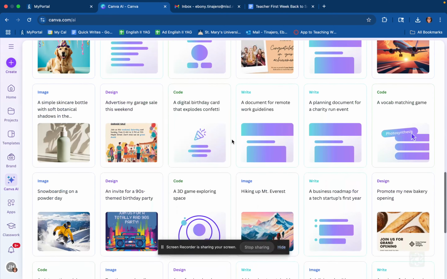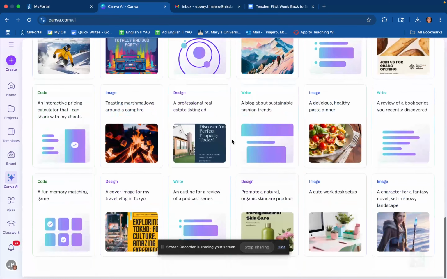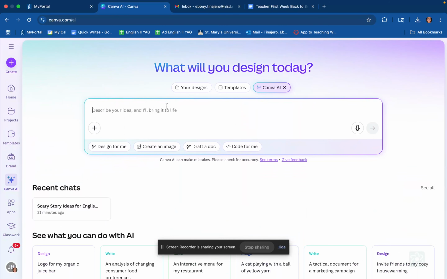And when it first came up, I was a beta user for the AI side of Canva before they released it to everyone. And I will tell you that it has gotten a lot better. It is not perfect, just like ChatGPT, but it is something that I feel comfortable using and allowing my kids to use when we're writing or when we're about to write. So you can literally put in your idea, whatever you have here, whatever you need, and just like ChatGPT, it'll come up with stuff for you.